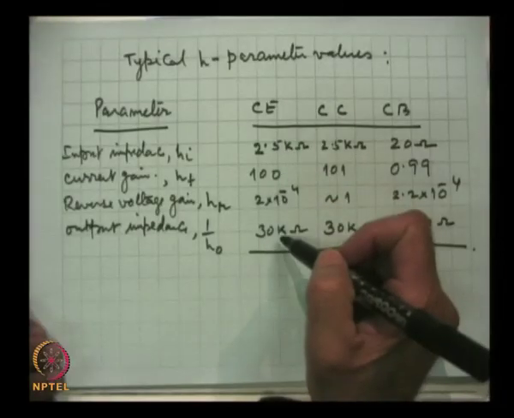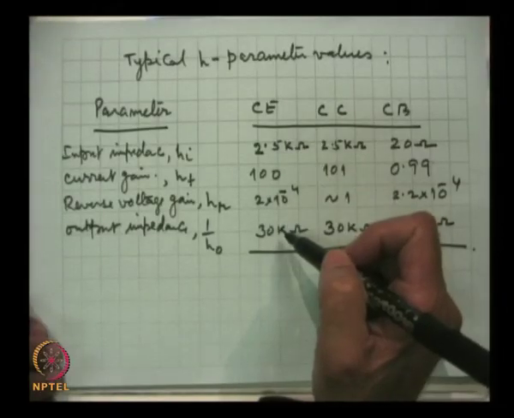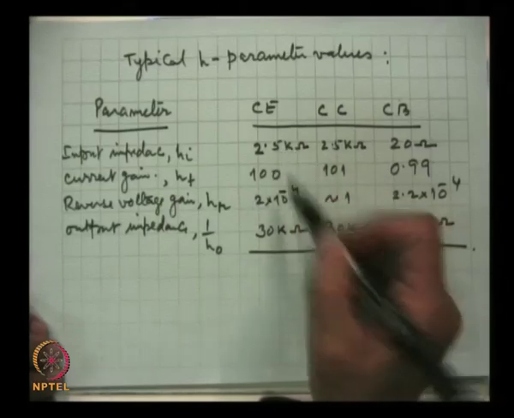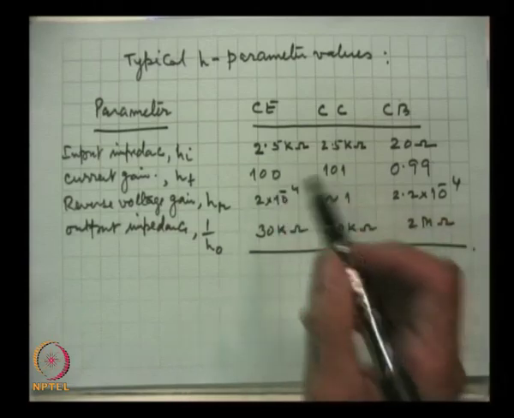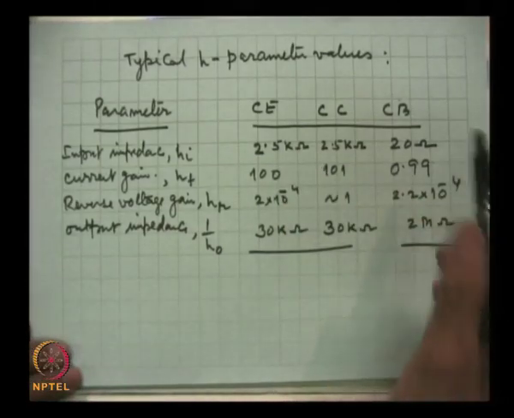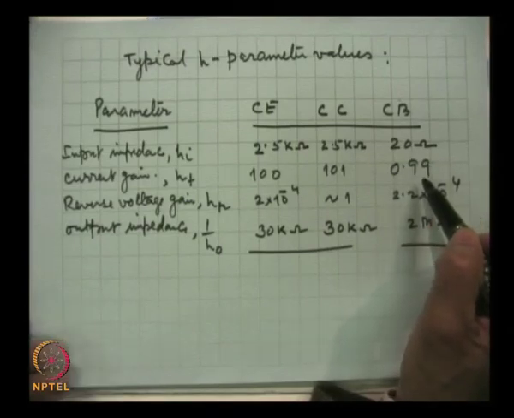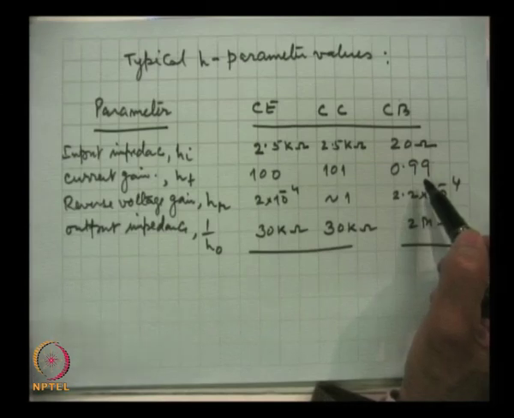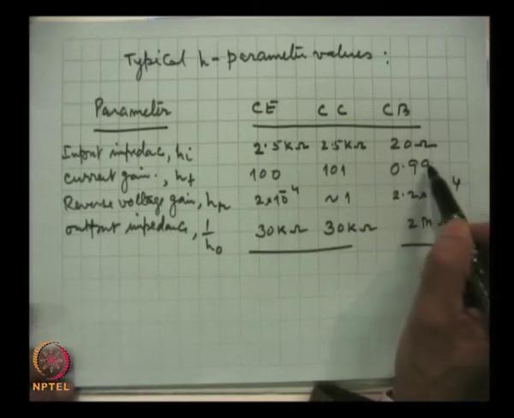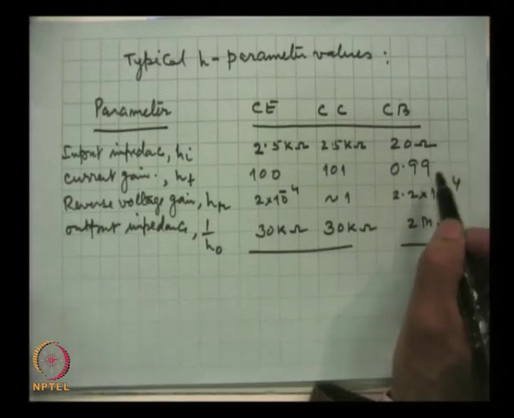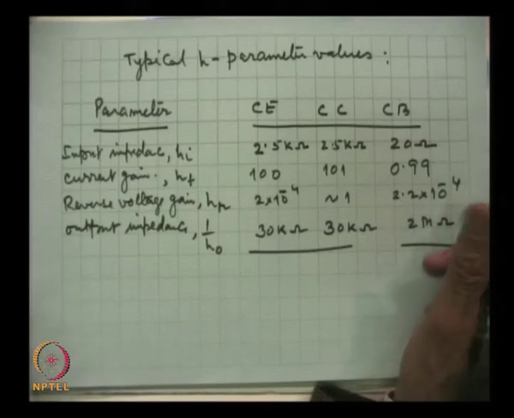This much is good enough, they are having similar magnitude. It is not drastically different from matching angle. So, this is additional advantage. Plus, in common base, the current gain is very small. Current gain, as we will see, will enter even in voltage gain. So, here because the current gain is small, this is another drawback with the common base. Common base circuit is having only few applications in very high power circuits.